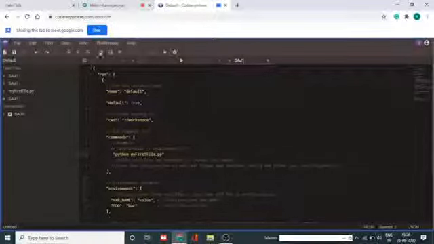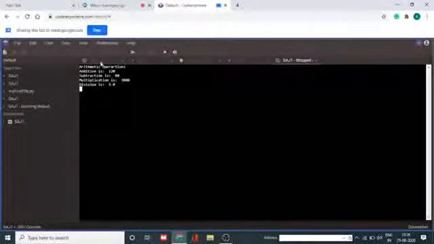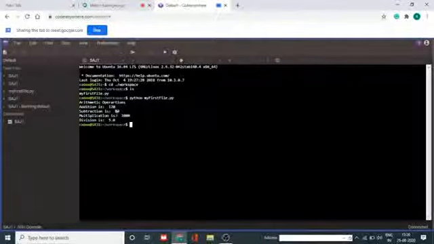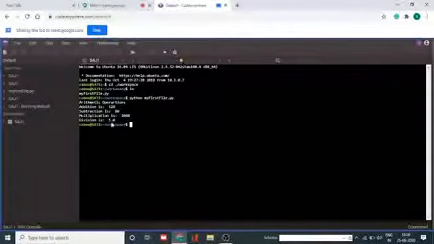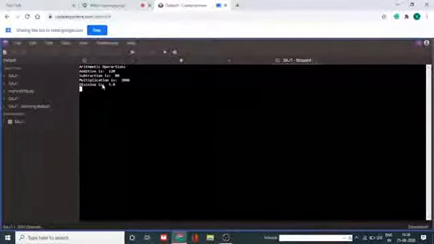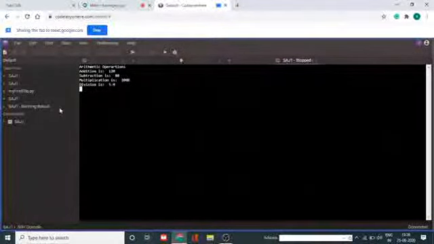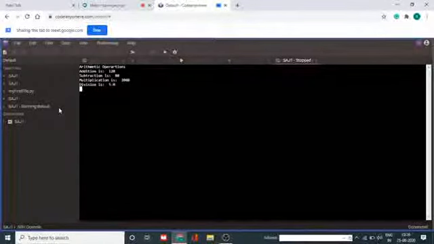Save this and just click over here, then it will show you the output likewise. Okay, so here also you will get the same output. See, 120, 80, 2000, 5, and after configuring also you are getting the same answer. Okay, so this is how we can create various applications in this Code Anywhere online.